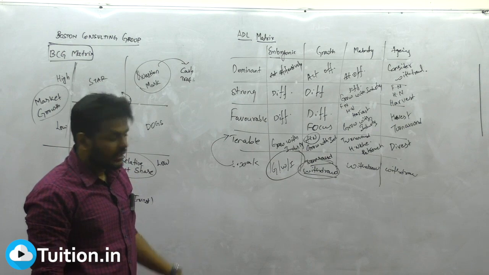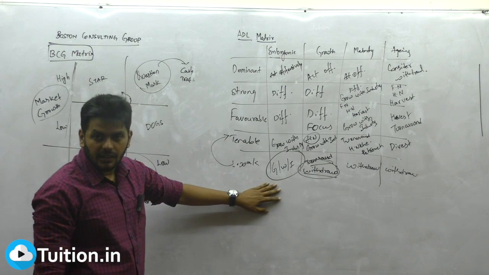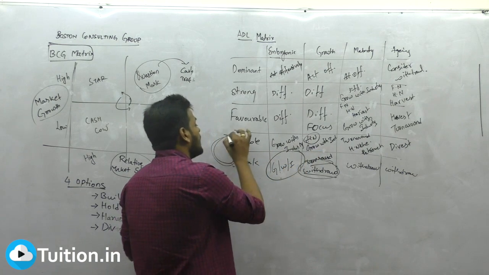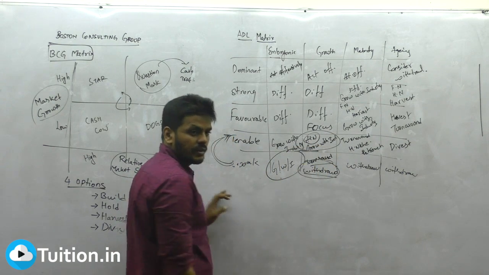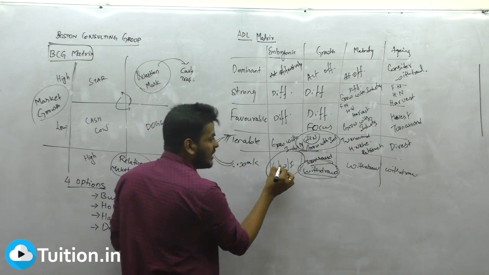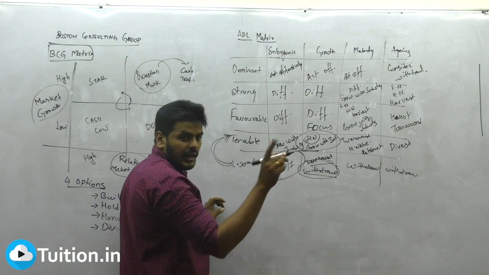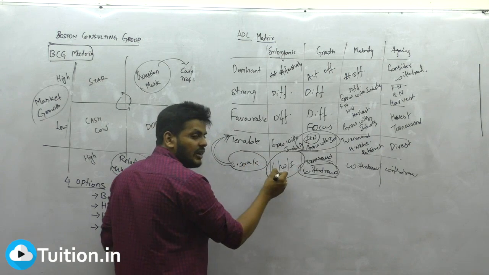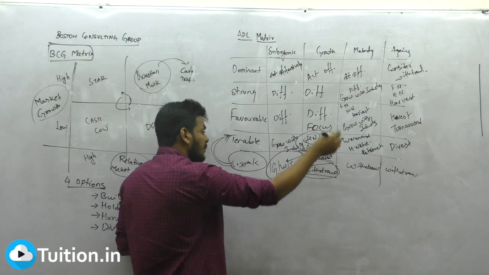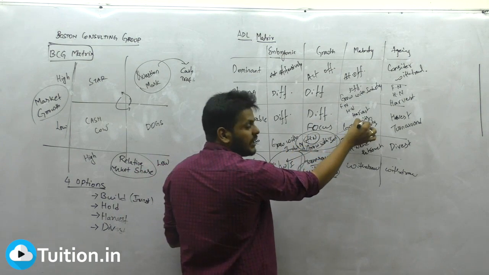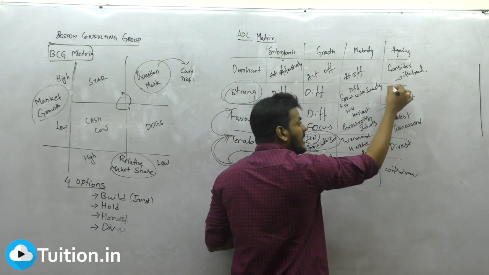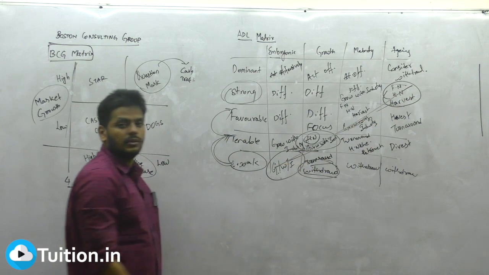Are you understanding? A weak company grew with the industry for some time. By the time the product reached the growth stage, it became a tenable company. So you should view this box. And a tenable company grew amazingly. See here, grow with industry. Are you able to catch one point now? See, I'll show you what they are doing. A weak company which started to grow with industry, if it becomes a tenable company in the growth stage, there also it will grow with industry. When the product reaches maturity, if it becomes a favorable company, there also it will grow with industry. And when this company tends to become strong, by then you would have already created a niche. It works like this also.